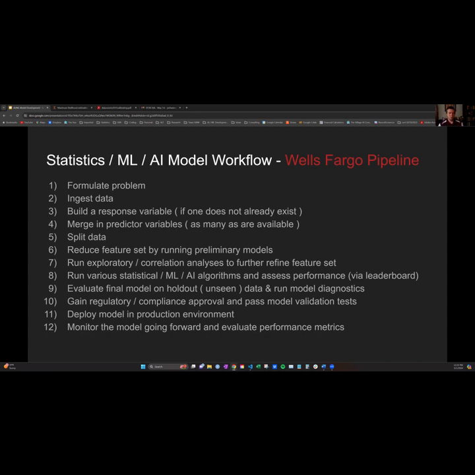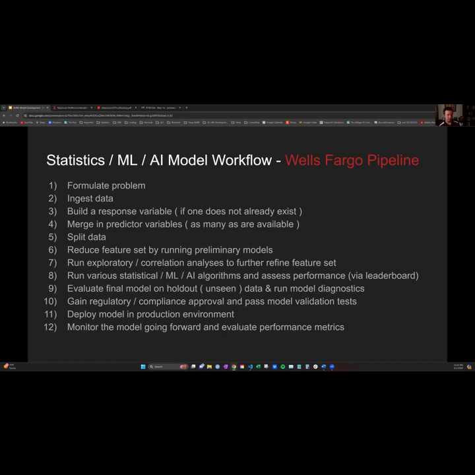So the modeling pipeline at Wells Fargo works essentially like this. It's a 13-step process, as I like to think of it. First, you formulate the problem. You work with the line of business. You see, okay, what exactly are you trying to solve? Then once you agree, there's usually a statement of work where they say, okay, this is what we're hearing you say your problem is. This is the solution we're proposing. Do you agree? Do you disagree? Do you have any questions?